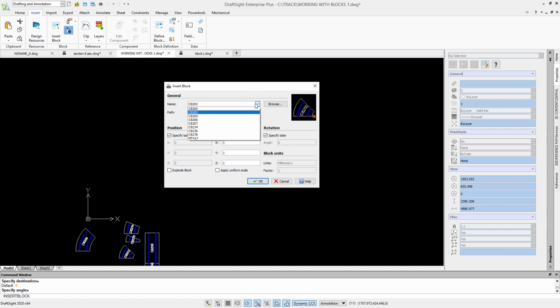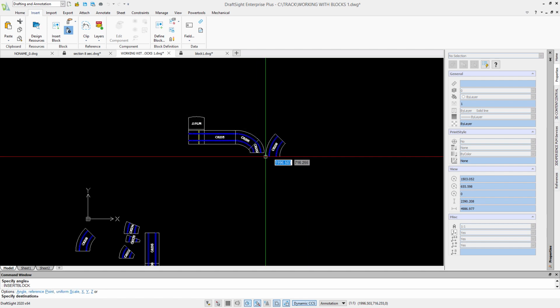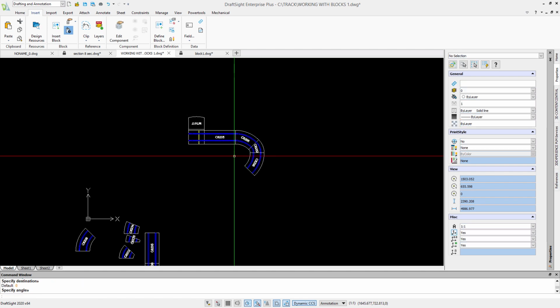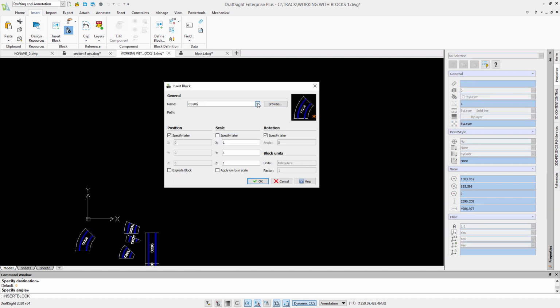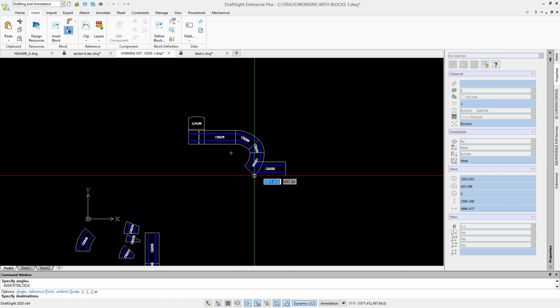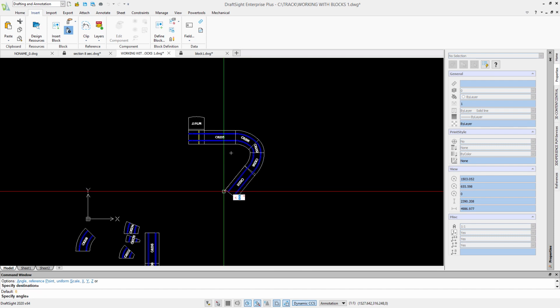But then let's allow it to widen back out again, perhaps. There we go. I can continue in this way to add more and more pieces to replicate whatever track I would like to create.